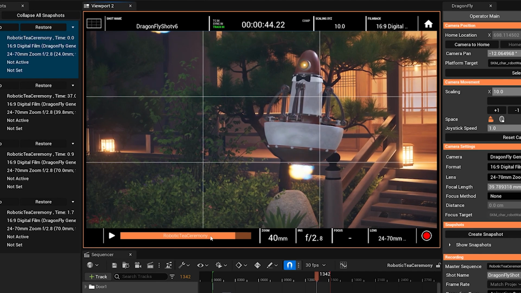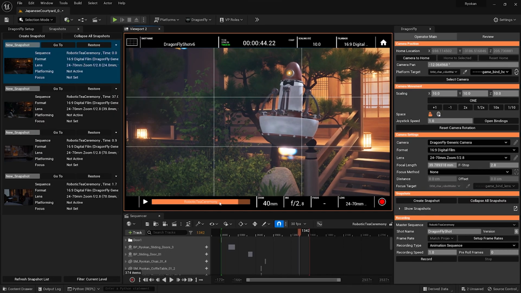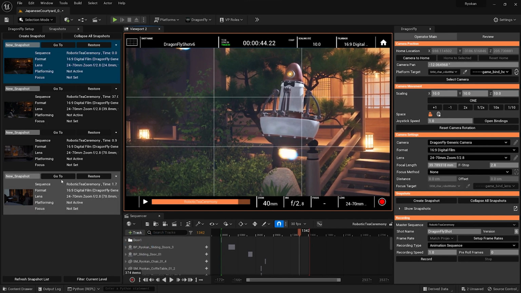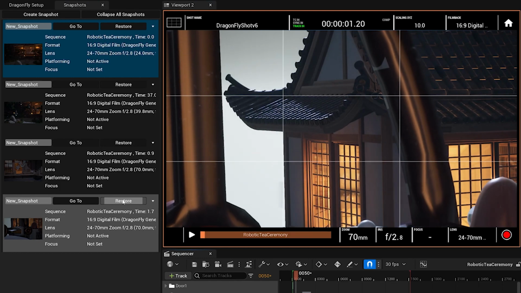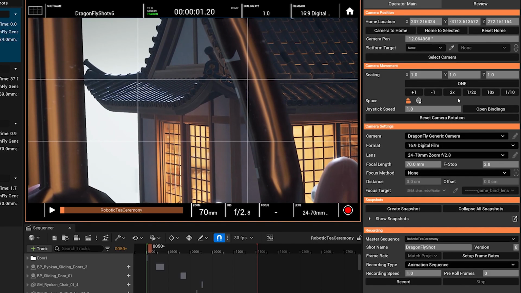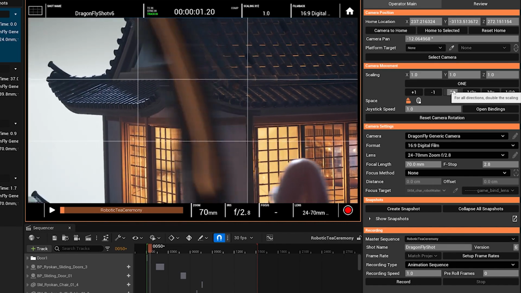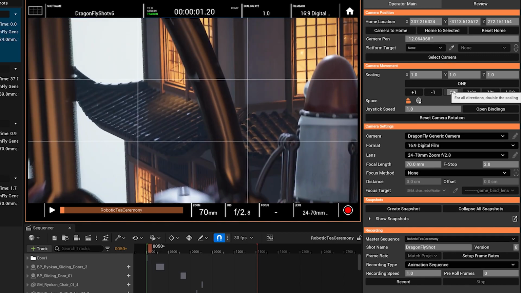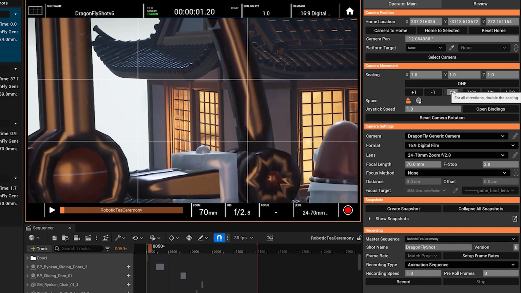For example, we could create a dolly tool and attach our camera to the dolly like that. We could animate a spline through the environment. We could also create a shot inside a moving vehicle. I don't have a vehicle here, but let's just pretend one of these robots is our spaceship. We are going to be super, super small in this example, right? So let's just say we are sitting on the edge of this robot as it is flying down.